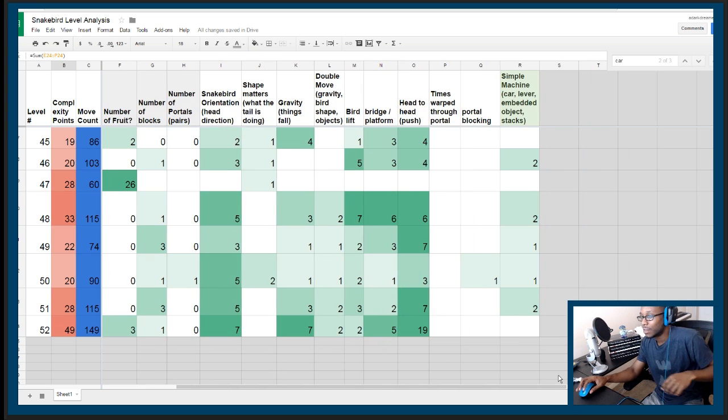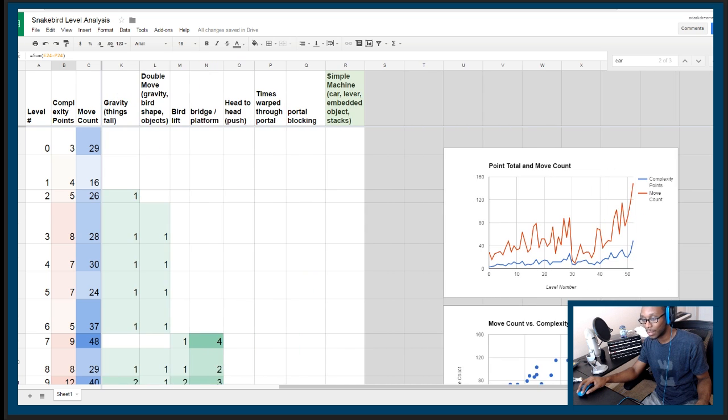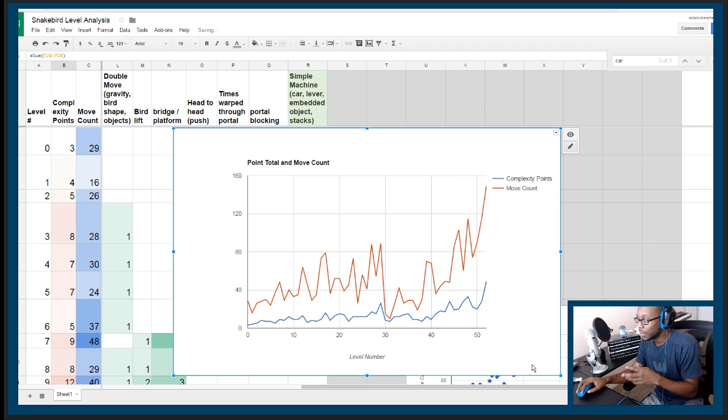But you know, people think this is a really hard game. Some people think it's hard because, I mean, if you try to approach any puzzle game that's deep like this with trial and error or just kind of jumping in and making moves blindly, you're probably going to get stuck. But using this data, we can really point out some interesting things about how the actual game and its levels are designed. So this graph shows